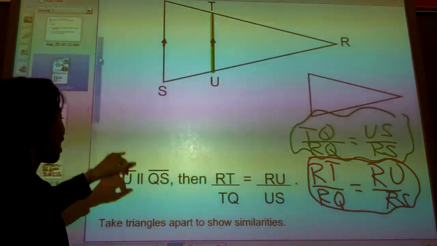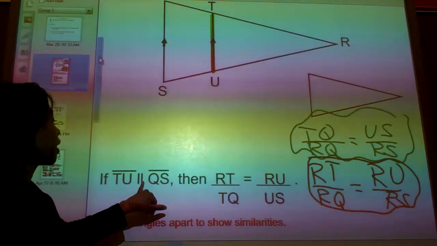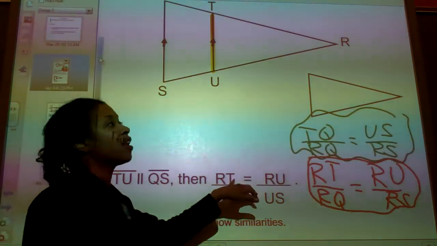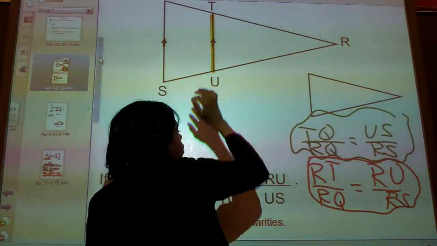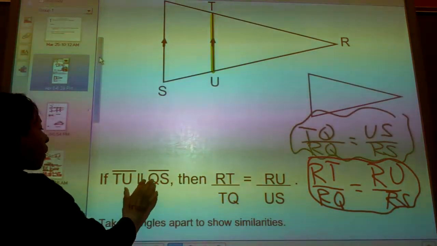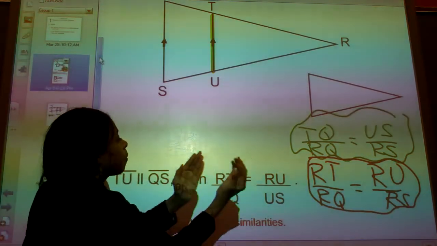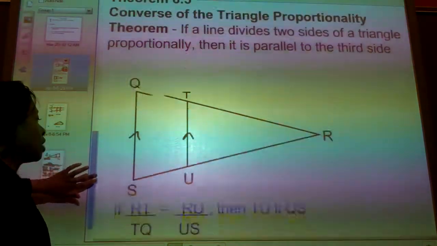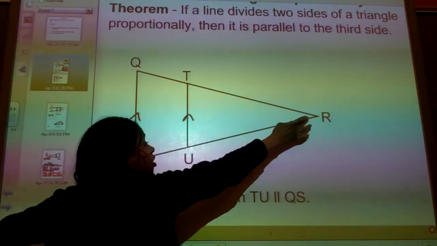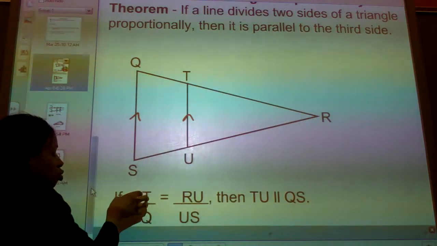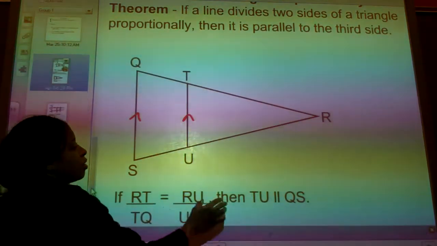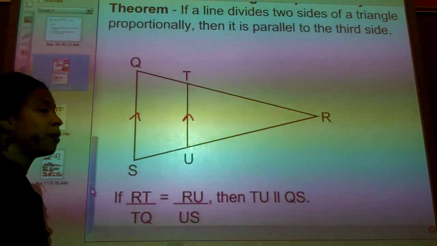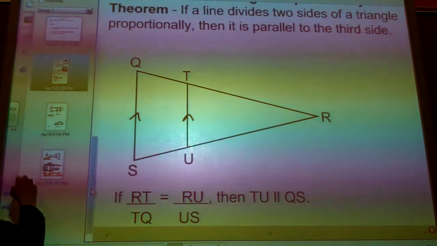On the first one, I said that the two lines were parallel first, TU to QS. Then that meant that the two segment pairs were proportional. The converse, again, is the opposite. That means these are going to be switched. The parallel part is going to be in the back, and the two proportional statements will be up front. So here it is. Now I'm saying that if the two segment pairs are proportional, then the two line segments TU and QS will be parallel. Okay? Now next,